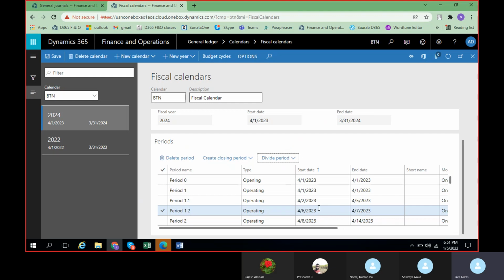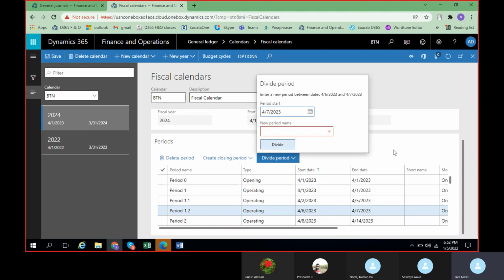See, if you give the start date of this particular period, the previous date will become the closing date of that particular period. Since the entire first week got divided into 2 periods, from 4/1/2023 till April 7th, a total of 3 periods have been created. So like this, you can divide the entire period into any number of periods, as long as it is allowing. If it is day wise, the maximum you can go is 7 days. If it is monthly, it is up to your requirement.